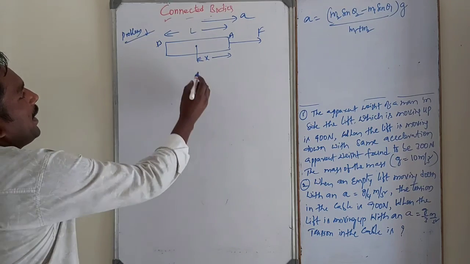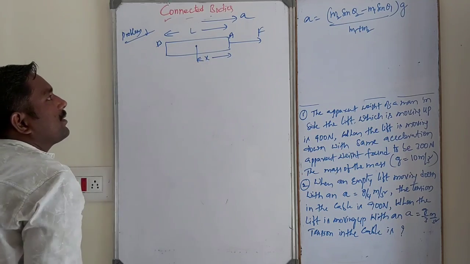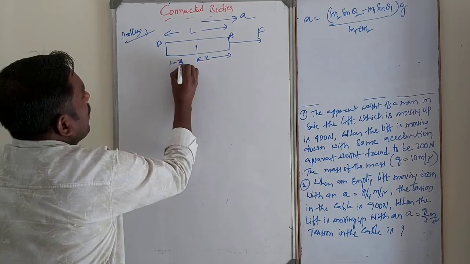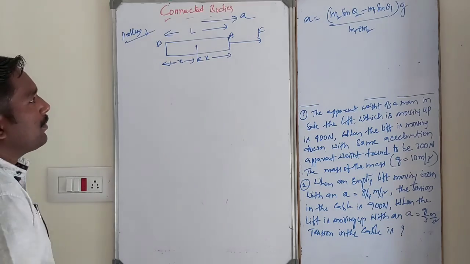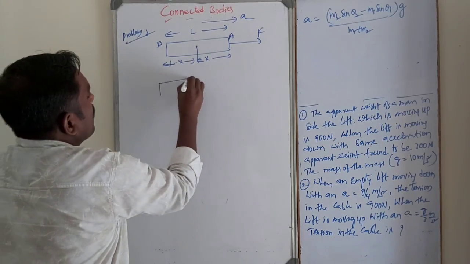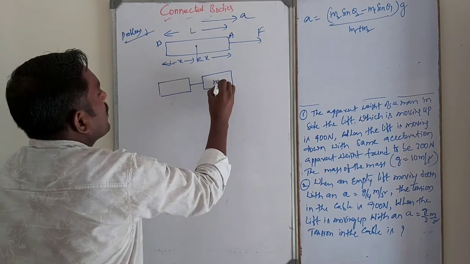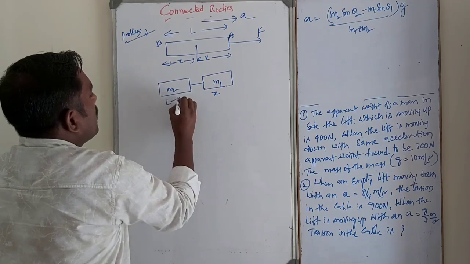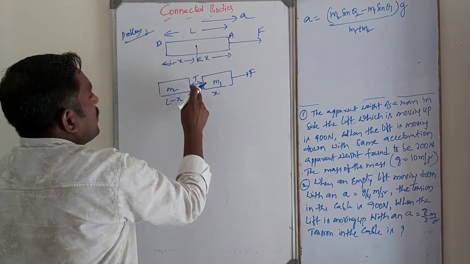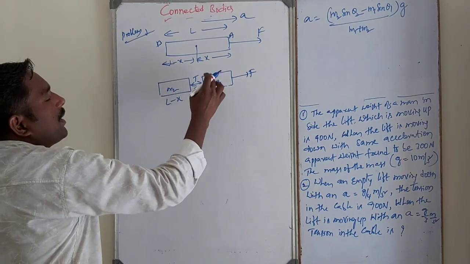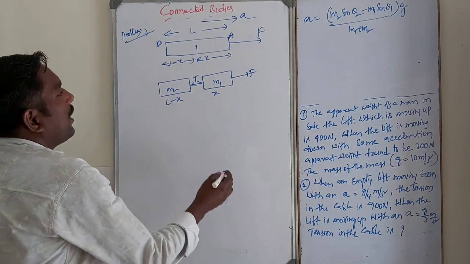Okay. So how much force acts at a distance x? So this is x, and the remaining is L minus x. So before going to discuss the free body diagram, it will be split into two parts. So like this. This is x. I will take this is m1, this is m2, this is L minus x. This is the force. This is the tension. So what quantity of force acts at a distance of x from end A? End A. Okay.